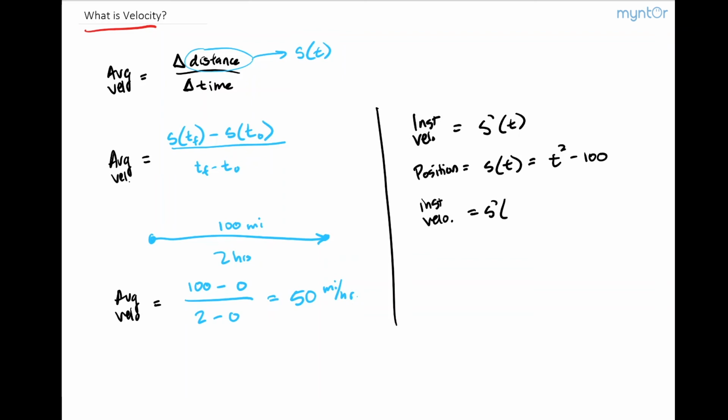s prime at t, or the rate of change of position at time t, which would be equal to the derivative of this business. So knowing the sum and difference rule, this would be equal to the derivative of this guy, so 2t, plus the derivative of this guy, which is 0. And so we would say that the instantaneous velocity s prime of t is equal to 2